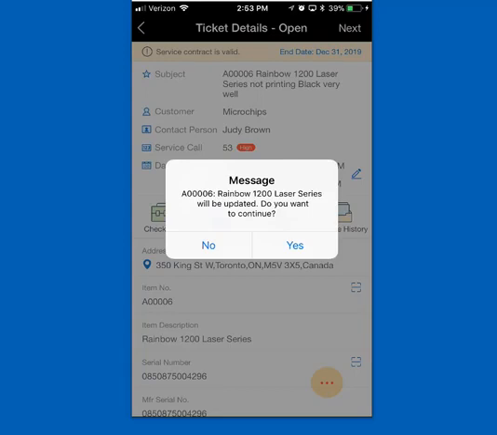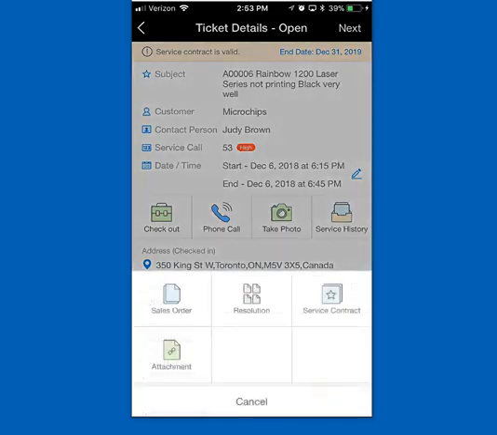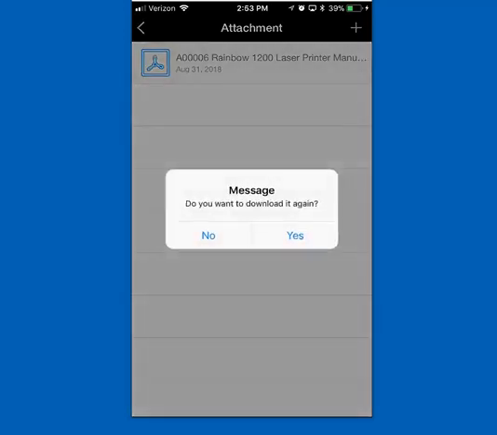Do I want it to be updated? And I do, because I want to make sure there's a service history of me servicing this printer, and I'm going to say yes. I know I'm at the right printer. The last thing I do before I start working on this is check and see if there are any attachments about this, and I can see there is. Back when they created the service call, they uploaded the